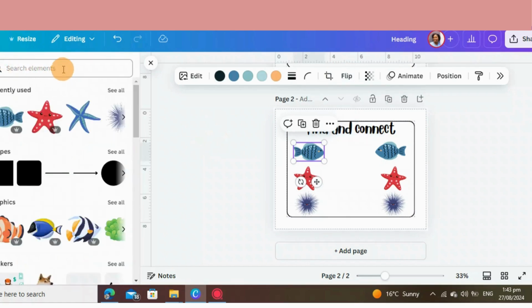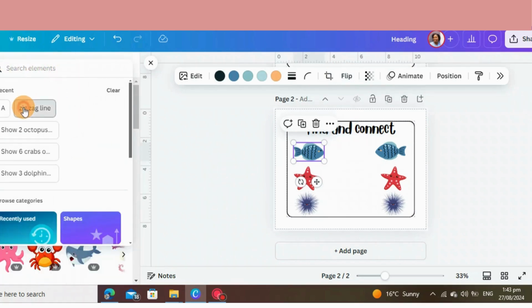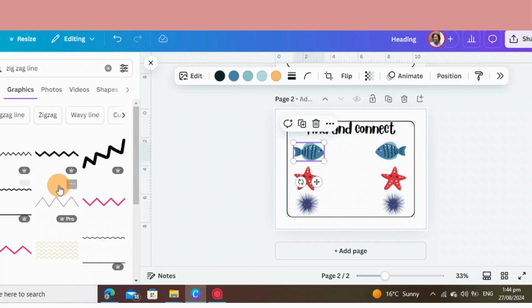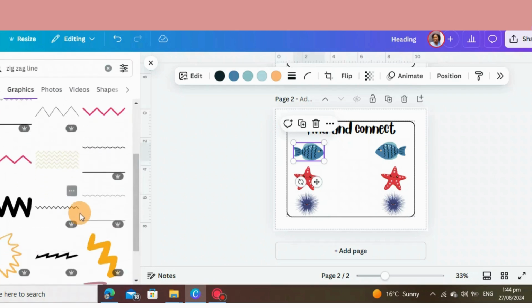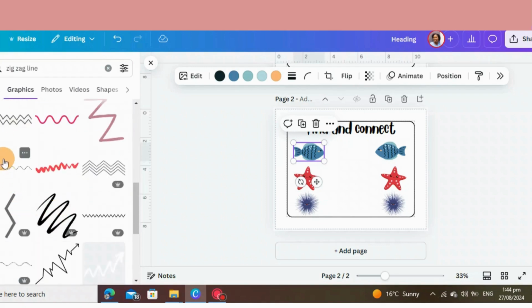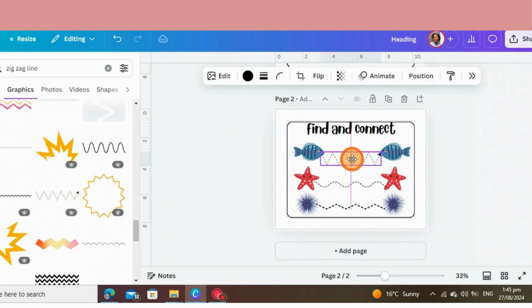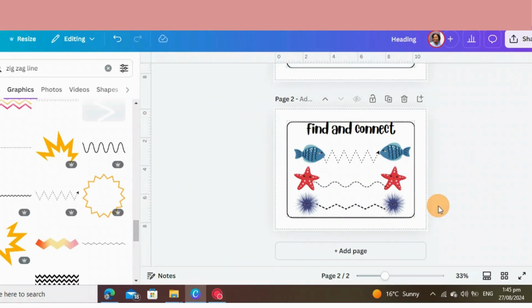So you're gonna come to elements and search for zigzag line. You're gonna find different types of zigzag. So you're gonna choose the one that is actually suitable for what you are doing. Let's take this one, and then we're gonna put it here. Okay, so you can just duplicate and then do as many as you prefer. If maybe you want 10, then duplicate until 10, but make sure that you remove all these animals and put different animals and put a different zigzag. Okay, so we're moving to the next page,